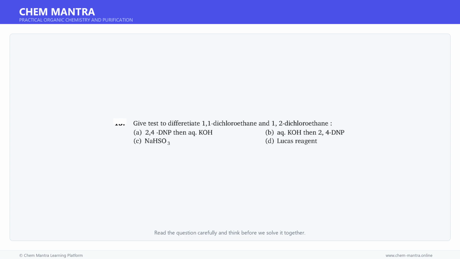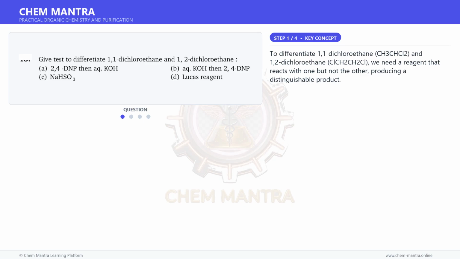Here is a question. Read it carefully and think about the answer. Let us solve it step by step. Let us first understand the key concept here. To differentiate 1,1-dichloroethane,